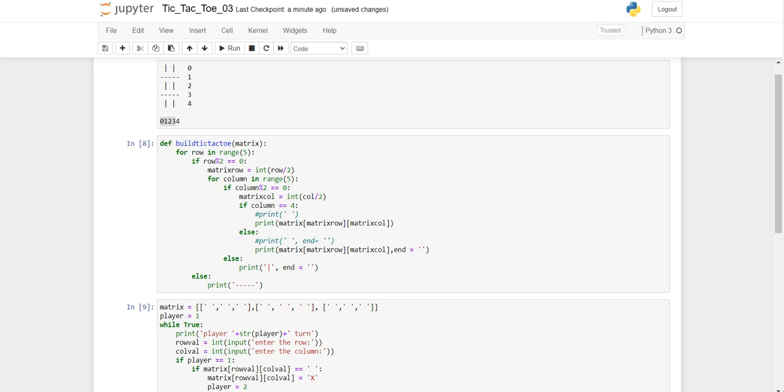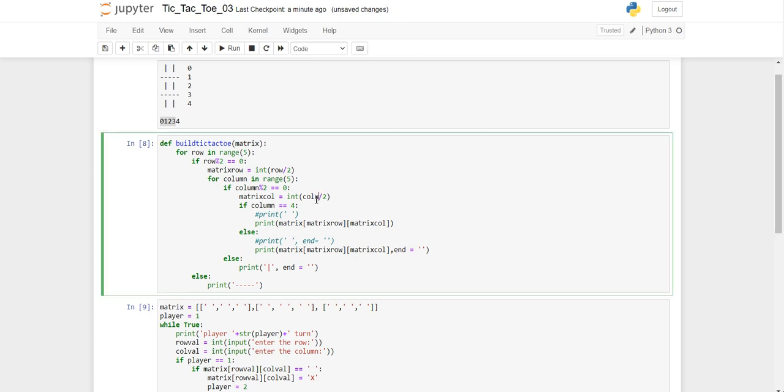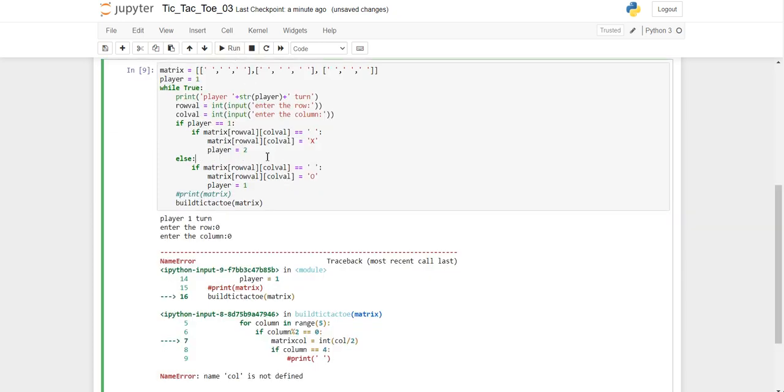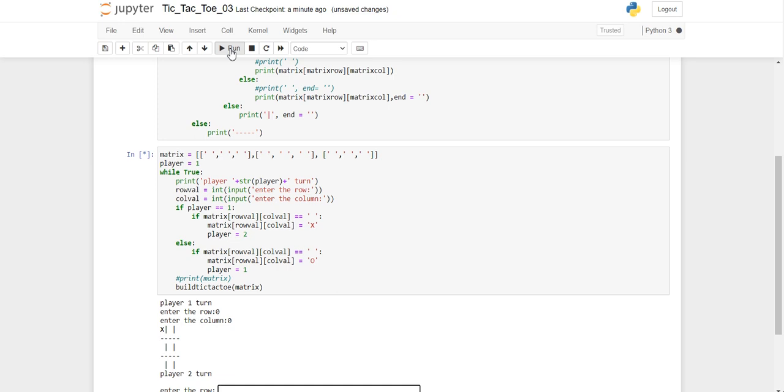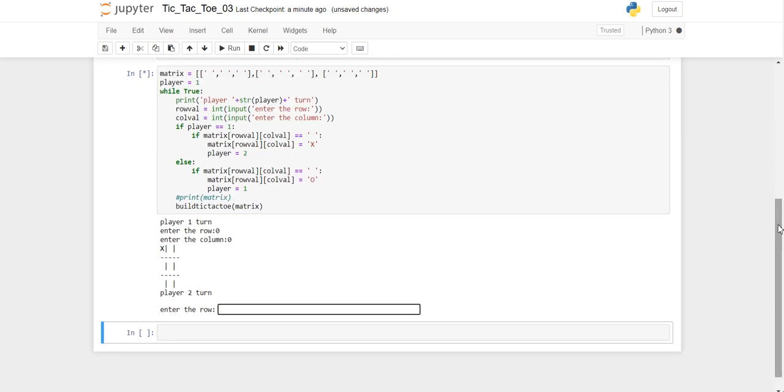Matrix, where is it? COL. Okay, column, sorry. Okay, now the X has been substituted in that 0, 0.